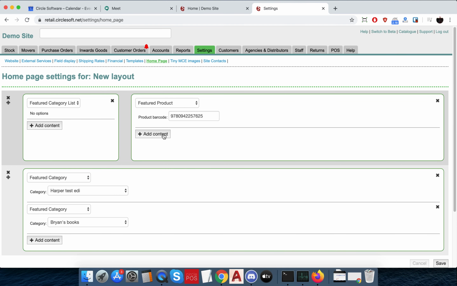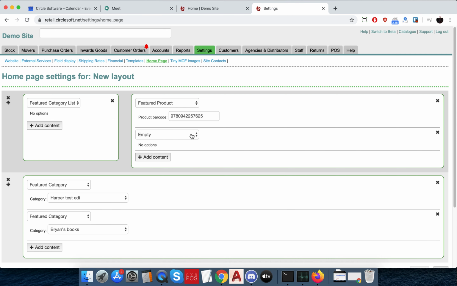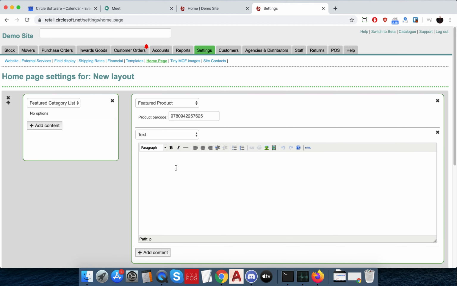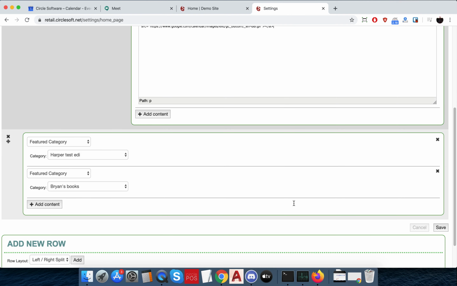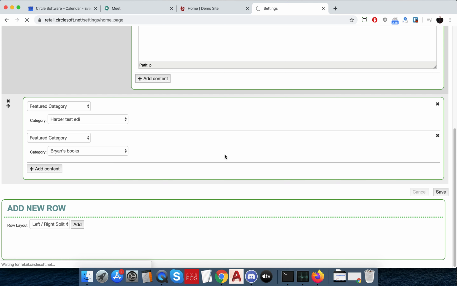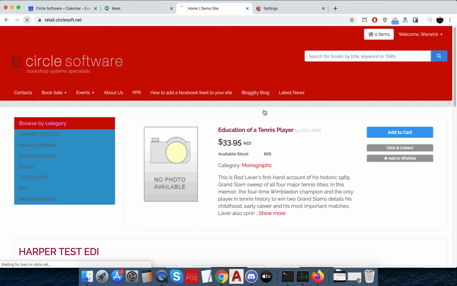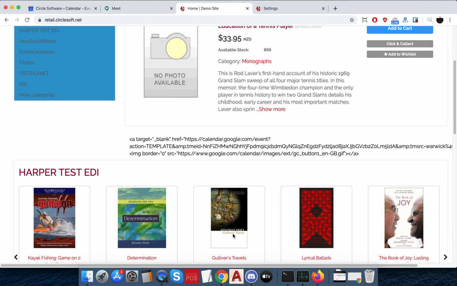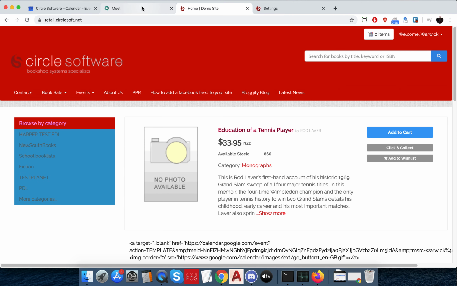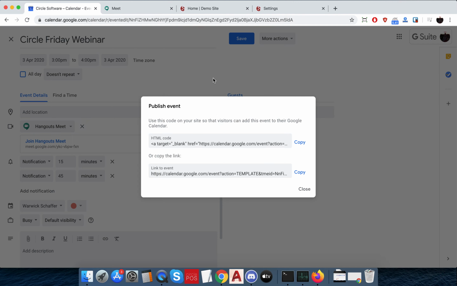And we'll just add some content here, and we'll pick text area, drop this in, and we're going to go down and save. Let's come back and see what it looks like. Refresh that. Not very good. Target hasn't worked at all, so that's not going to work. Might be able to find out more about that tagging later and amend, but in the meantime you have this